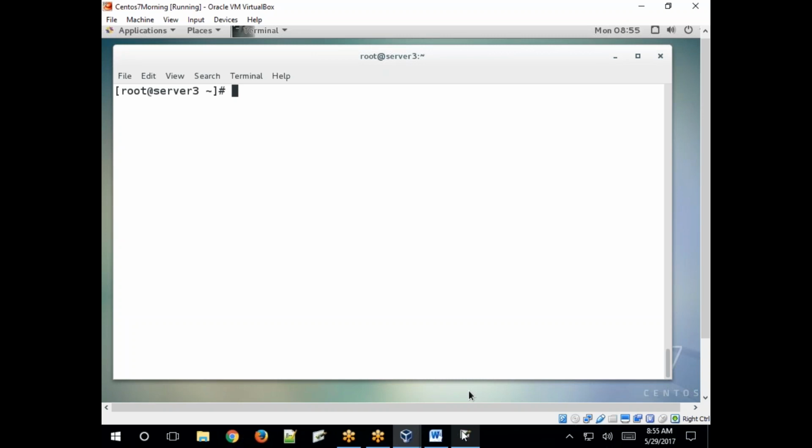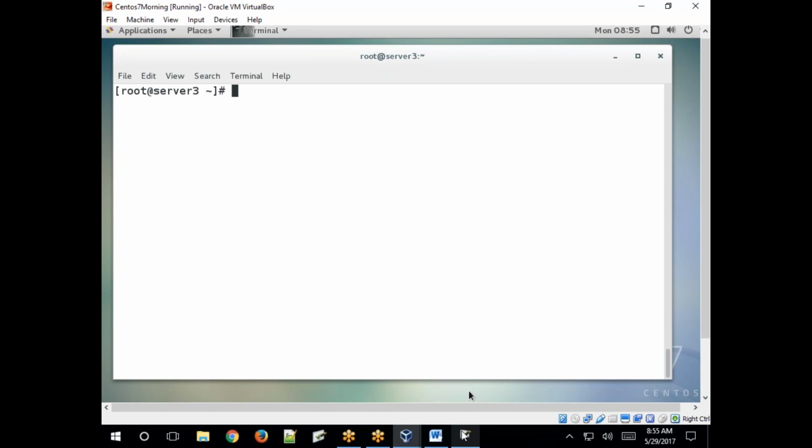So, shell types, right? At the time of creation, user administration. Clear? So we already discussed how to create users and groups.